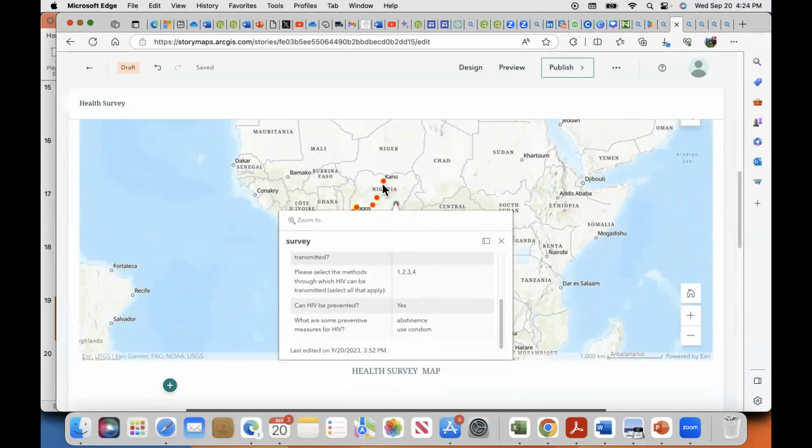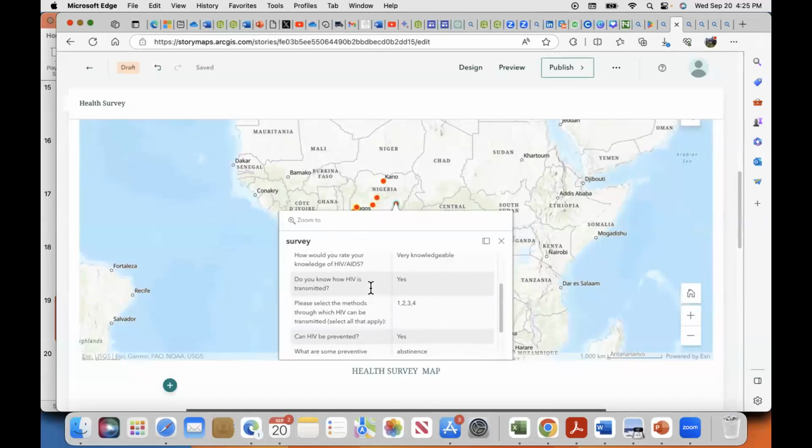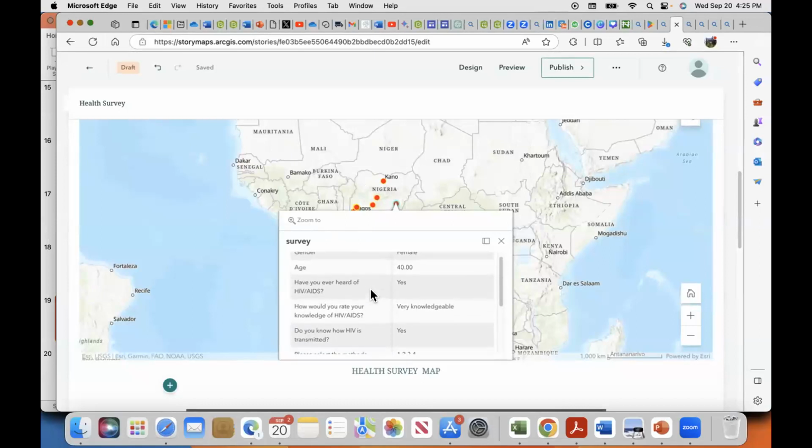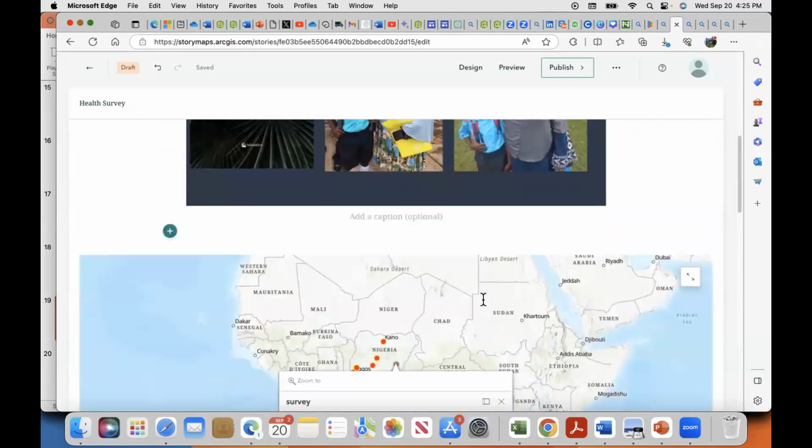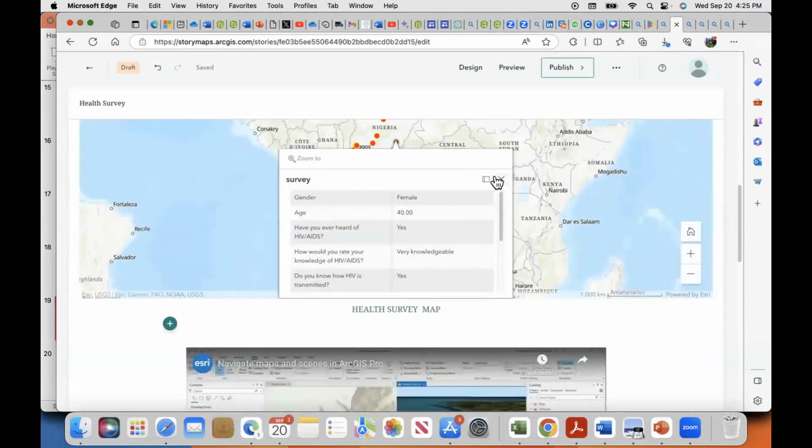In case you are working on any survey and you want to know if a particular location is where a disease is prevalent, we fill the survey and add the map, which shows the location of the people that filled the survey. So clicking, you are able to know whether the prevalence of HIV/AIDS or malaria or any health issue is high in that particular location.